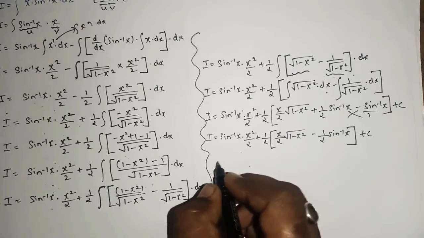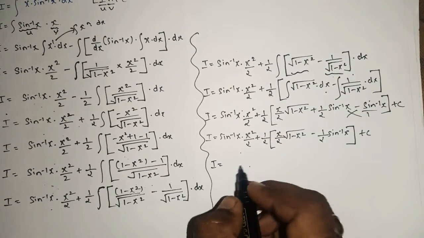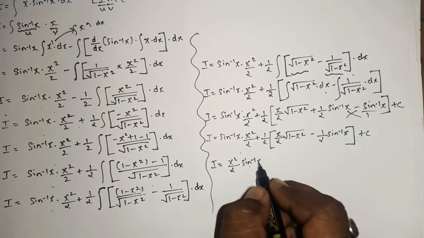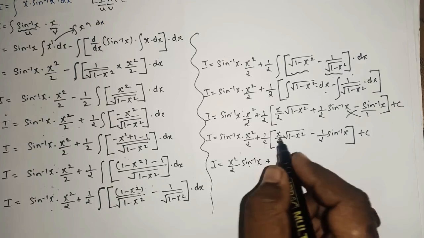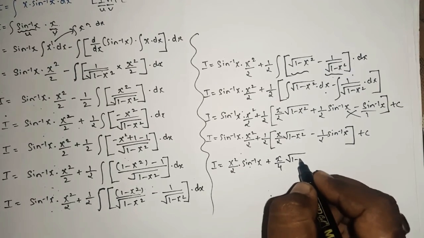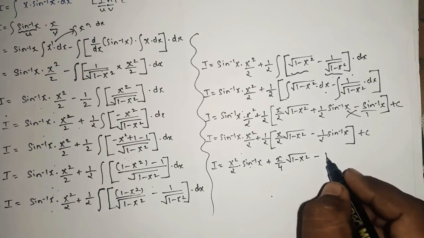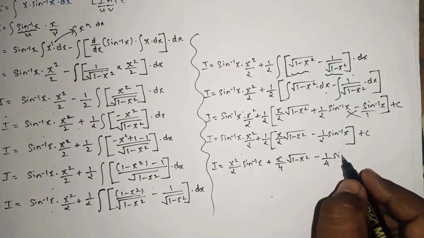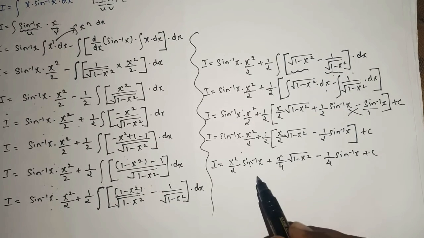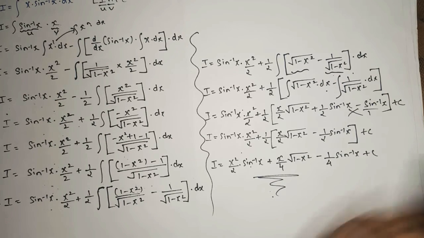Okay, so the last part, if you want, you can bracket open with this 1 upon 2. So here you will get x square upon 2 into sine inverse x. So bracket open, so here this will be x by 4 root 1 minus x square plus, minus minus 1 ones are 1 and 2 2 side is 4 sine inverse x plus c. I think further we cannot do any adjustment. If you want, 1 upon 2 is the common, it is on you.